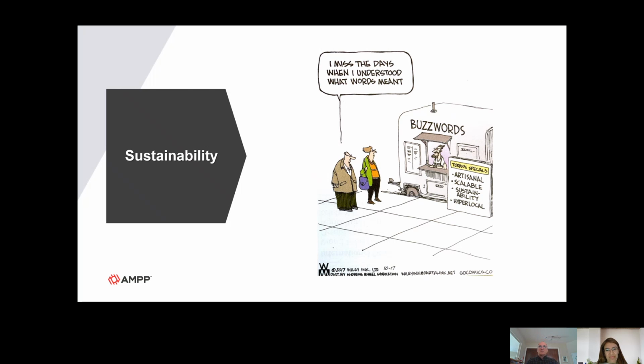Okay, so I'll just spend a few minutes here on sustainability. As Monica mentioned, we decided to add this sustainability aspect to our study because we thought if we're going out with a questionnaire, why not ask about sustainability, which is linked very closely to corrosion management. And I thought I would start off with a quick slide because sustainability means a lot of things to a lot of different people,